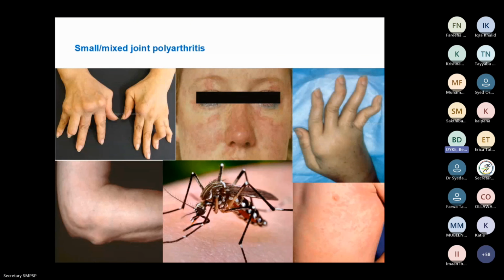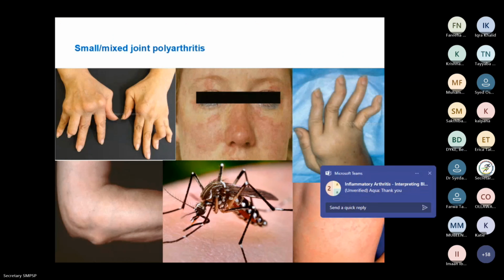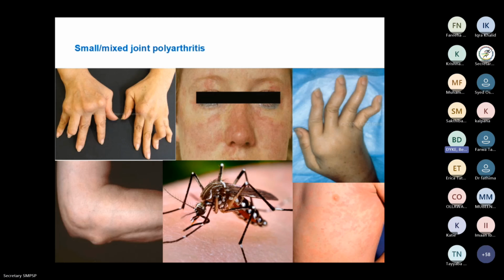So on the top left, I'm sure you'll recognise some of the very characteristic deformities of rheumatoid arthritis, but top right is kind of similar deformities, but completely reversible, in the hands of a patient with lupus erythematosus, a connective tissue disorder, and those are principally due to damage to the tendons rather than the joints. So you wouldn't necessarily see any erosions or changes on an X-ray. And in the top middle is a typical nasolabial sparing rash on the face of a patient with lupus